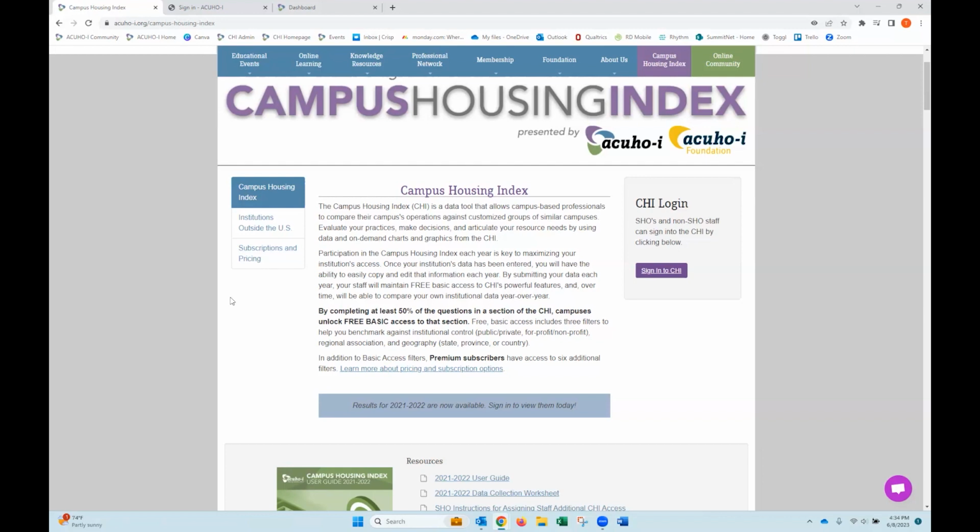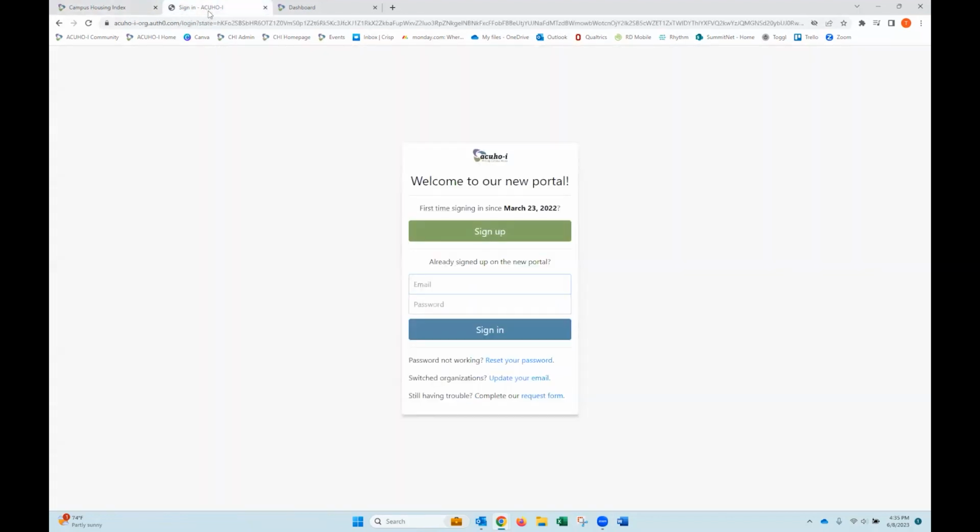To proceed with logging into the Campus Housing Index, you will want to navigate to this gray box with the purple button that says Sign In to CHI. If you click on this button, it will bring you to a page where you are asked to log in